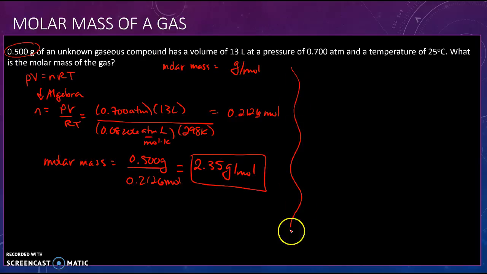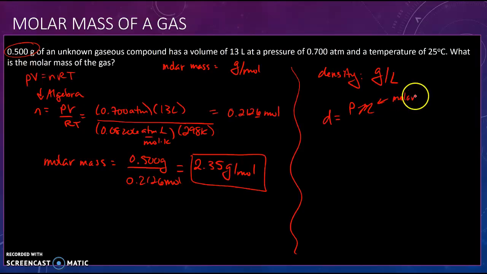Another thing that you can do, and I'll leave this to the assigned reading and the TRO text, is that there's also a relationship between density and molar mass for a gas. And so density of a gas, because gases aren't that dense, we express density very often in terms of grams per liter. Okay, so grams per liter will be our density. And again, look at your textbook for the derivation of this, but we can say that the density will be equal to the pressure of the gas times this funny fancy looking M, which stands for molar mass,